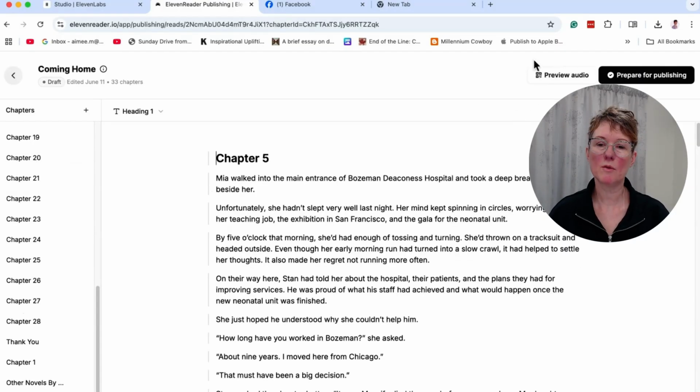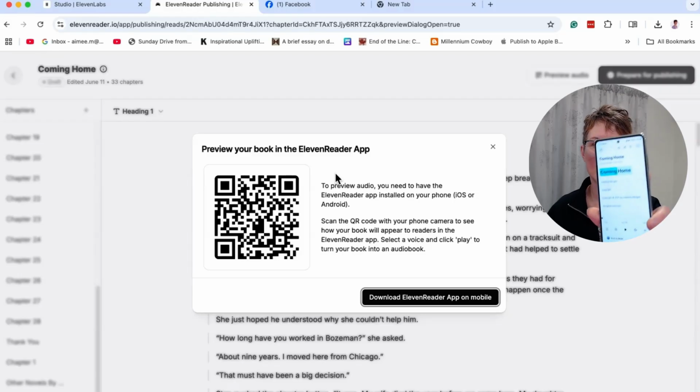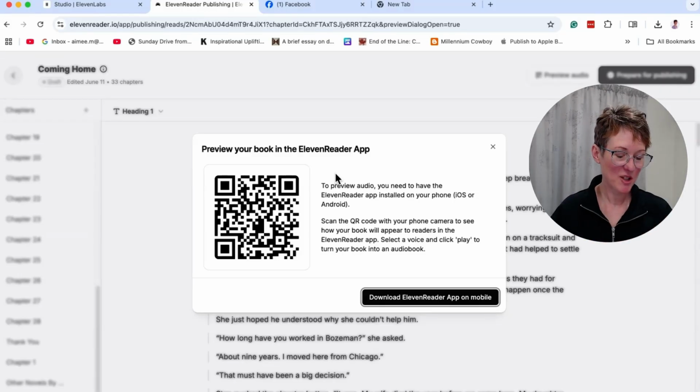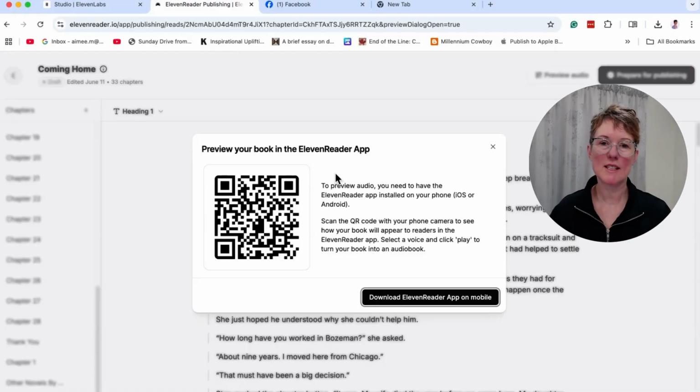But to preview the audio, what you need to do is click on the button to the left of the Prepare for Publishing, and that will bring up a QR code. So you pick up your phone and you scan the QR code, and then you'll receive a link on your phone. I'll show you what it looks like. Here we are. So that's what it looks like, but it's back to front. And you can push the play button down the bottom,